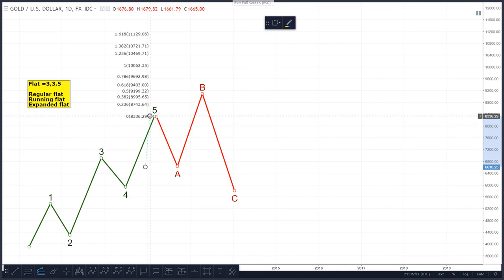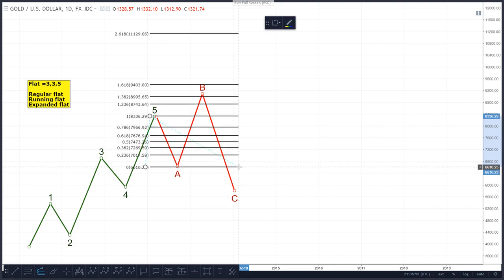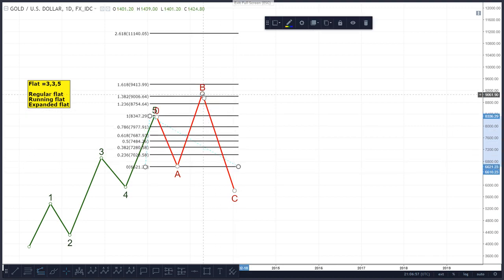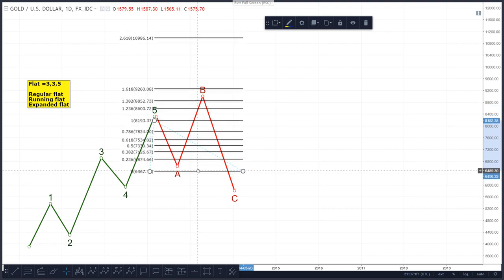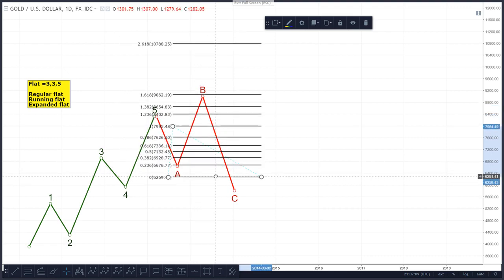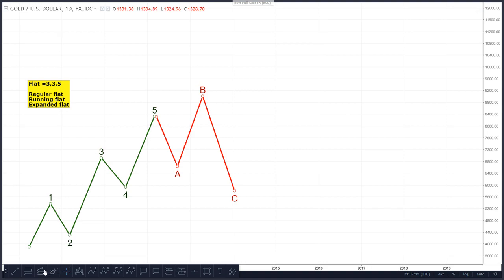If this is A, B typically comes up to the 1.382 of A, and then if we take this fib extension down, or let's draw it another way, let's do a fib extension